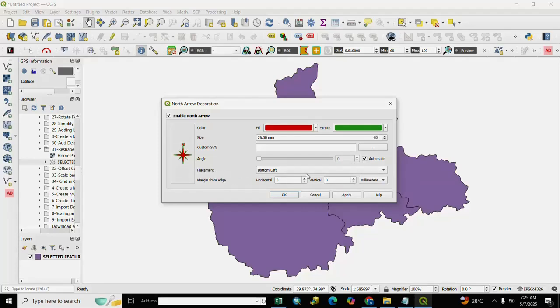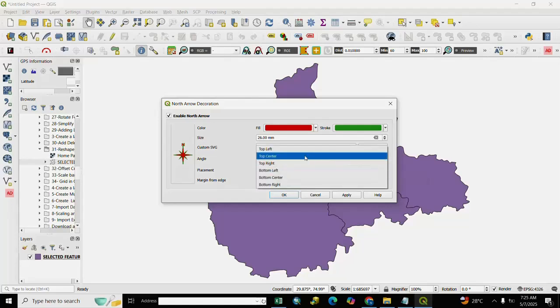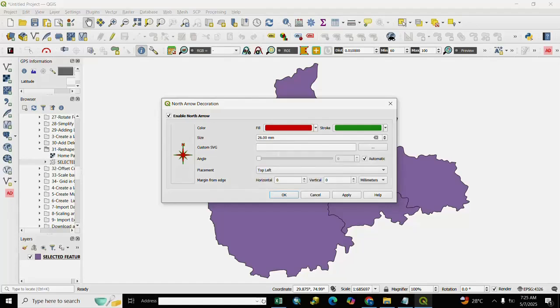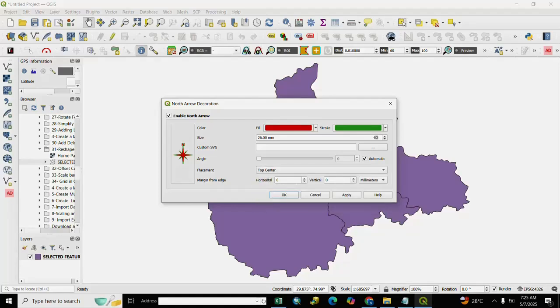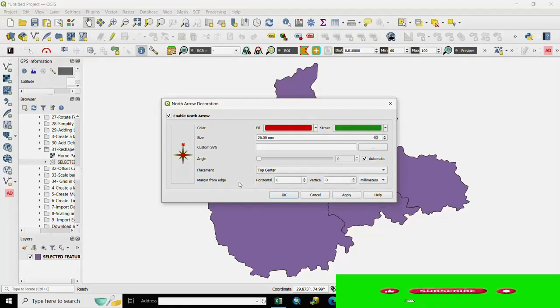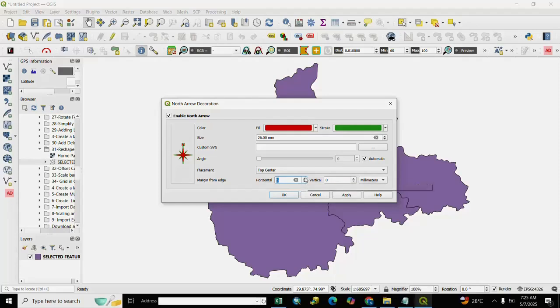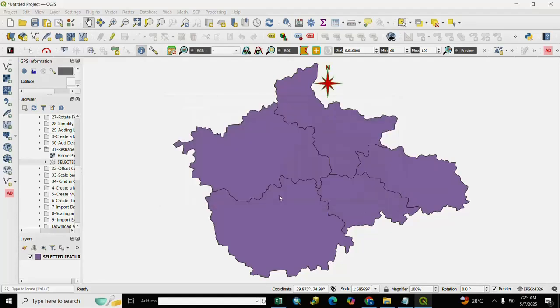And placement, if you want to place as per left, right, top center and bottom center and bottom right, we set it center, select top center, and margin font and edge we select here horizontal, vertical as per choice, and apply and OK. Here is our center North Arrow.